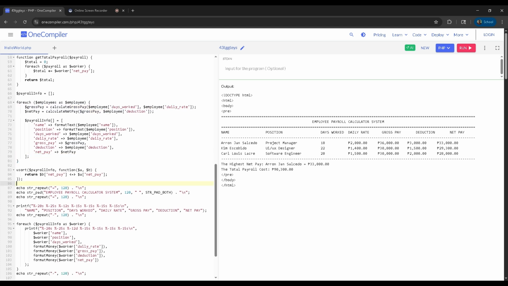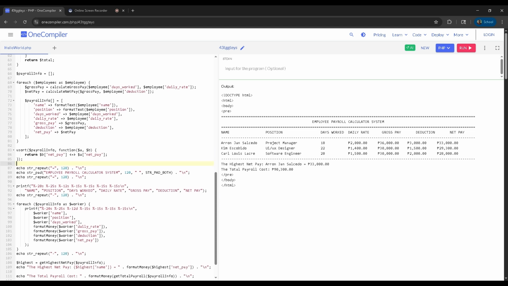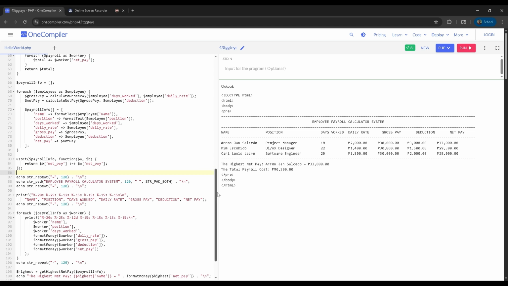Next, use sort payroll info and function. So this will sort in ascending or descending order. B is for the descending, and A is for descending.